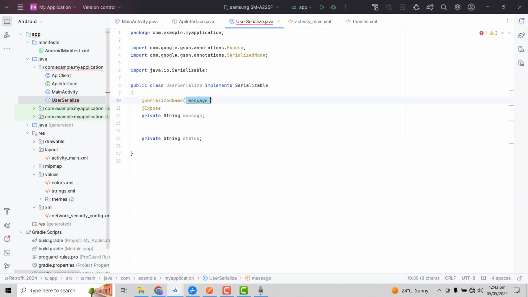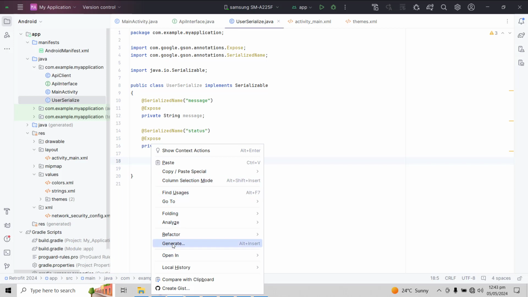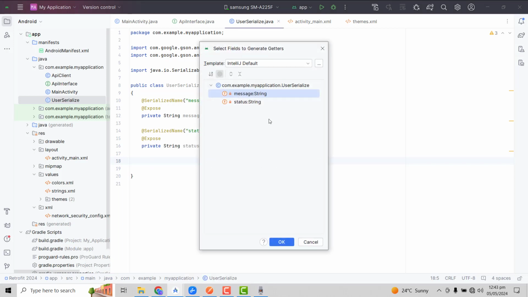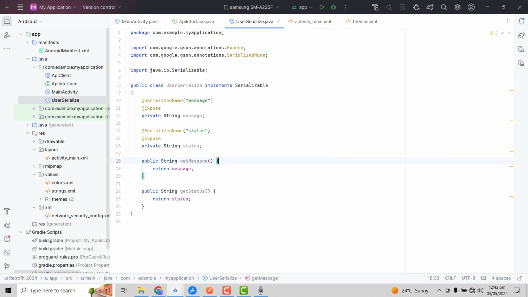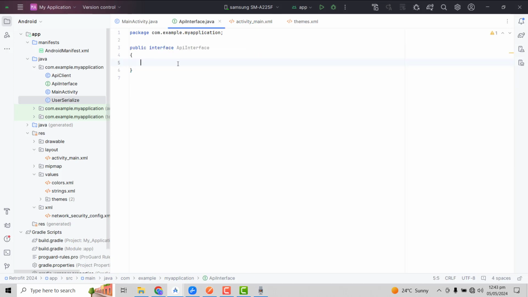right? And too many characters in here. Okay, we can write message. Similarly for this status we can write status, right? So we have this array account ready, and here we can generate the getter. So we can click on generate getter functions. So here we have,